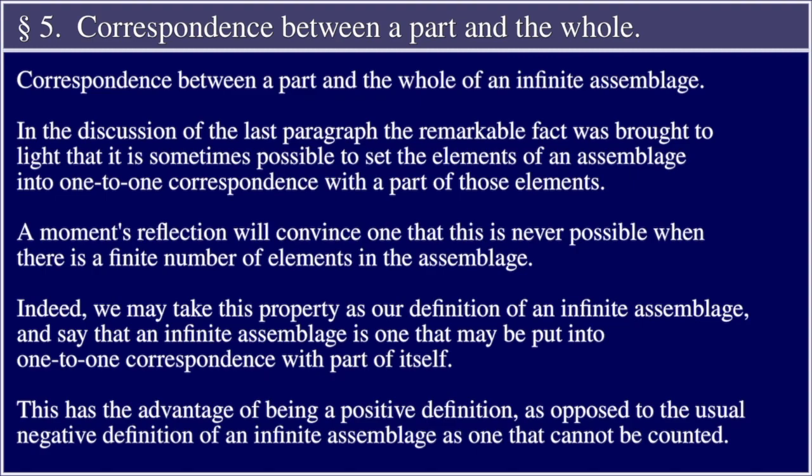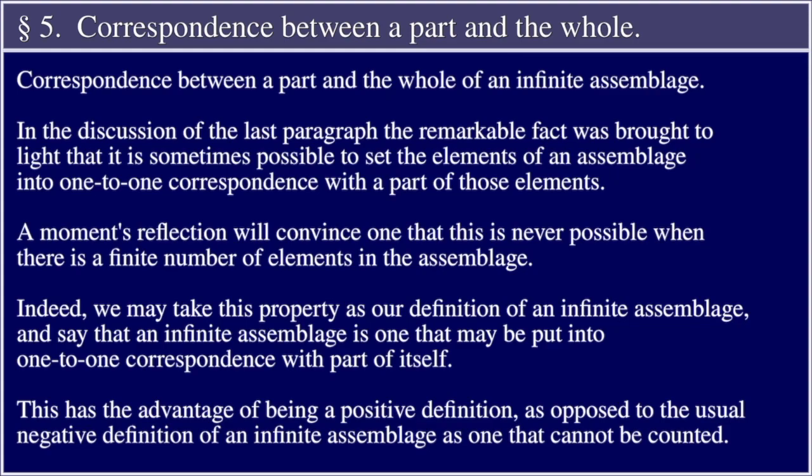Section 5. Correspondence between a part and the whole of an infinite assemblage. In the discussion of the last paragraph, the remarkable fact was brought to light that it is sometimes possible to set the elements of an assemblage into one-to-one correspondence with a part of those elements. A moment's reflection will convince one that this is never possible when there is a finite number of elements in